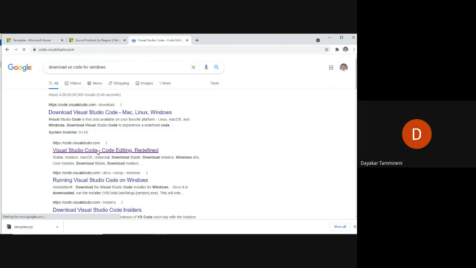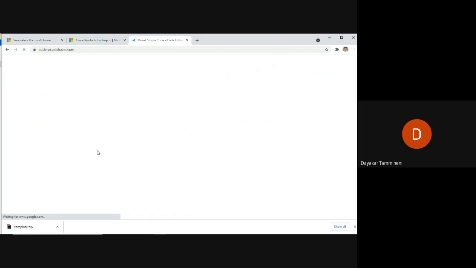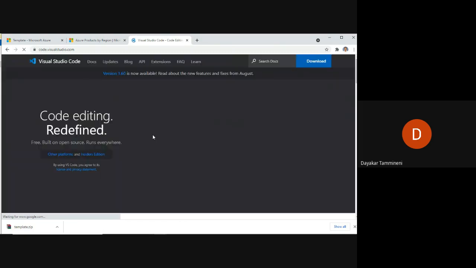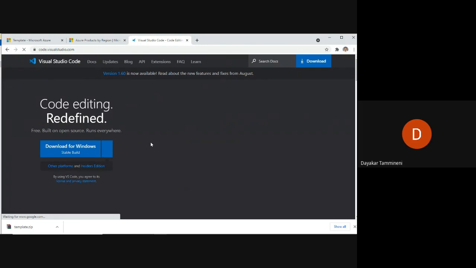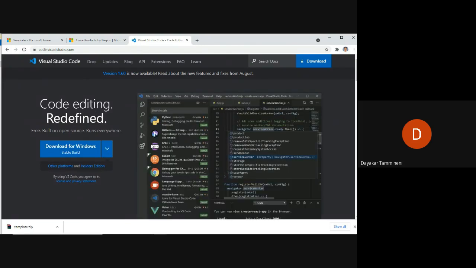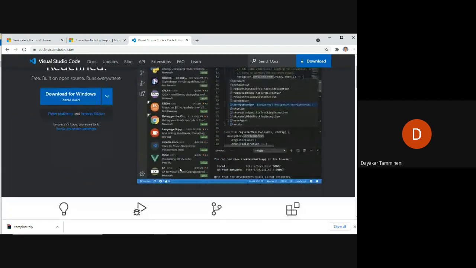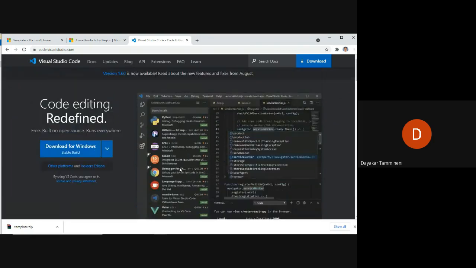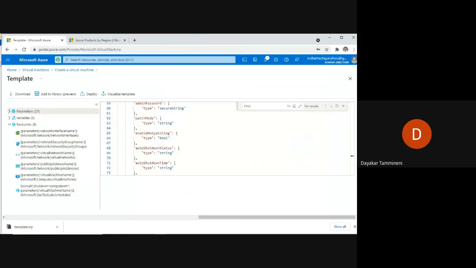Literally all of the Azure content we are going to edit in VS Code. VS Code is actually used to edit any type of code. You can use VS Code for Python, C, C++, .NET, C#. So literally any software we can use VS Code. I have already installed VS Code. You can install it in your system also.